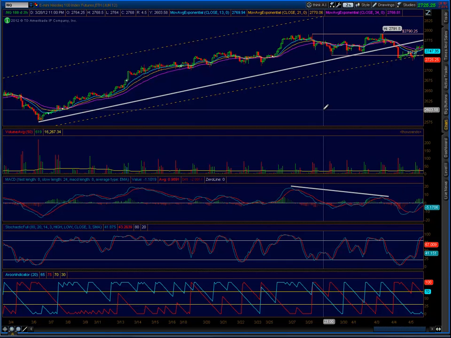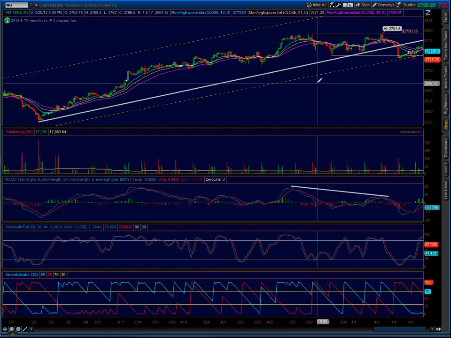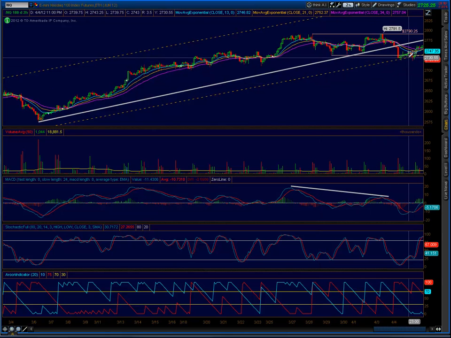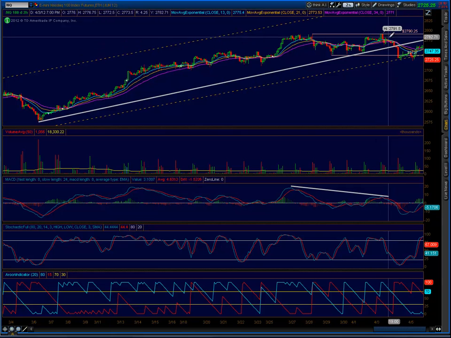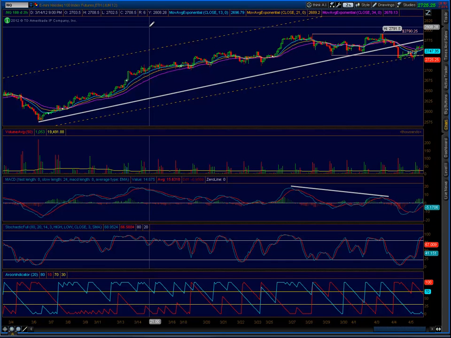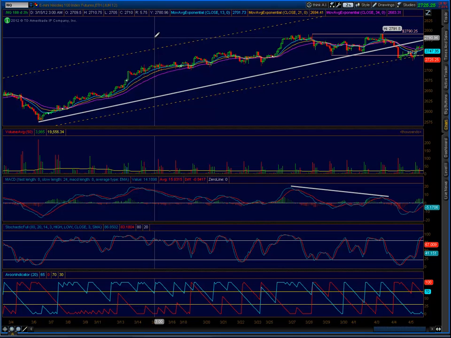Alright, good afternoon everyone. I'm going to do a follow-up video on the one that I did yesterday. I did an intraday video yesterday and I was talking about how we had a bounce yesterday, following the 2 days that we had a pullback. Now this is a 2-hour chart of the NASDAQ futures, and I'm using NASDAQ futures because